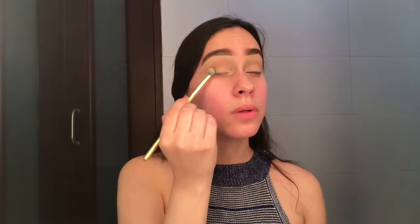I want to do like a blue type of moment. Okay, so now I'm gonna take this brush, and I'm using the color Blackened Emerald, which is this one. And I'm just gonna start with that one, and then I'm gonna move on to the next palette, which has like a bright blue, and I'm just gonna put it in my outer